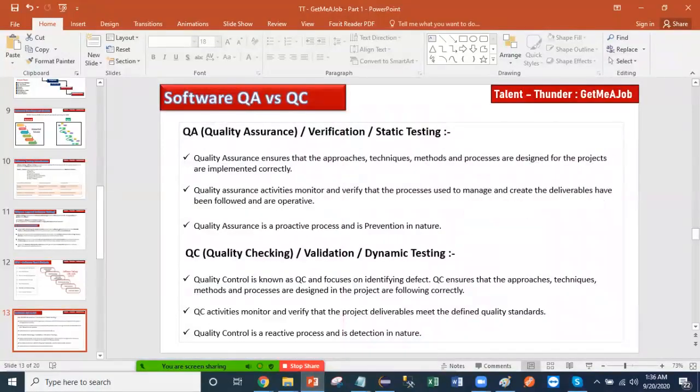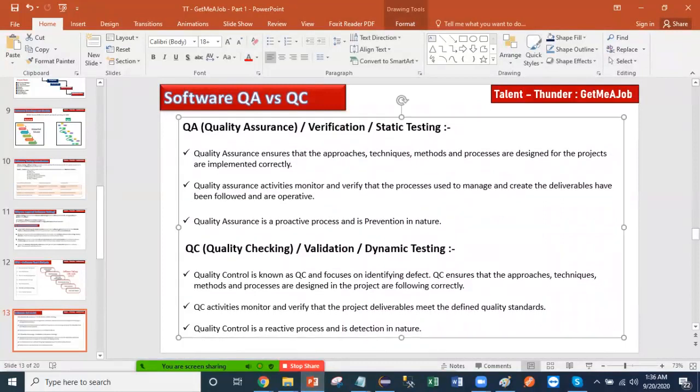Okay, now let me show you a few more differences. This is the same thing that I have written over here, right? Just go through this once again. Once you refer to this video, stop the video, you will find that quality assurance ensures the approach, techniques, methods, and process designed for the project are implemented correctly, right? There should not be any issue in the process.